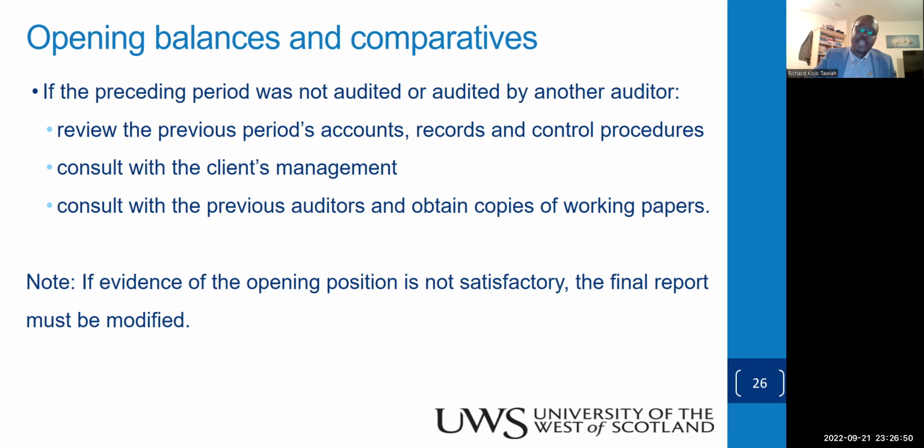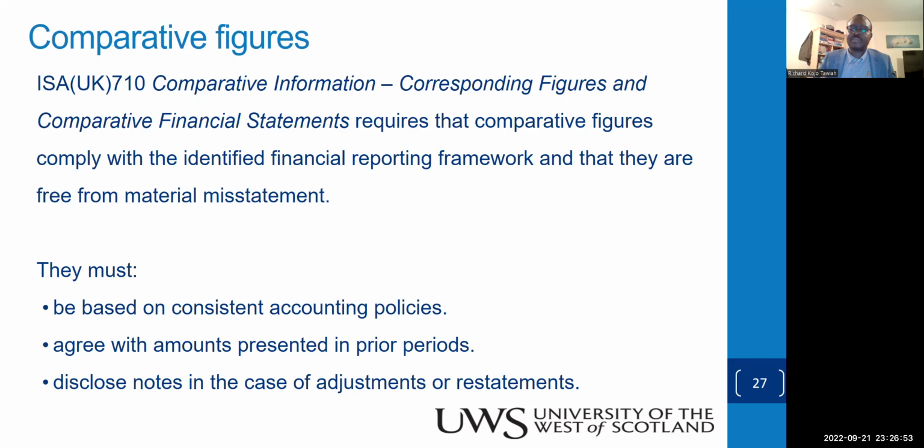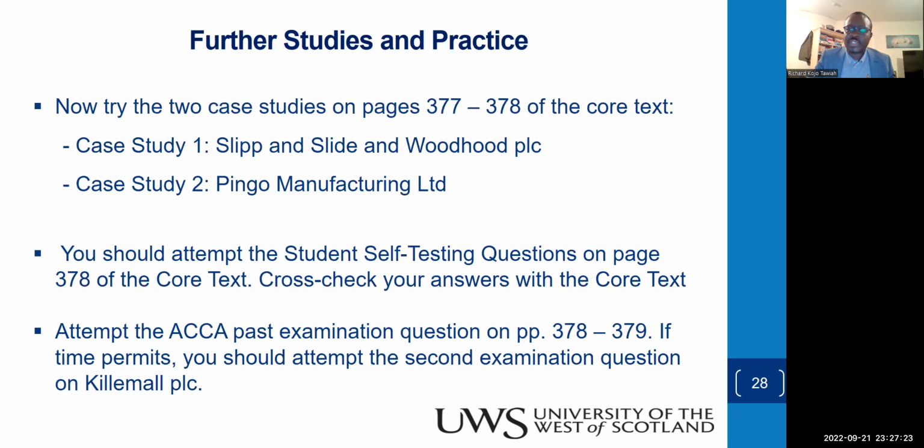And we've told you that as part of these opening and closing balances, if for nothing at all, if you're a new auditor, try to validate the opening balances of the receivables, the payables, and the inventory. Okay, you can add PPE, but those three are quite susceptible to misstatements. Look at comparative information from previous year to this year. Make sure they agree. Make sure they are prepared using consistent accounting policies. Amounts presented in prior year agree. Disclose notes, any ones which require adjustment and restatement, make sure they've been stated.